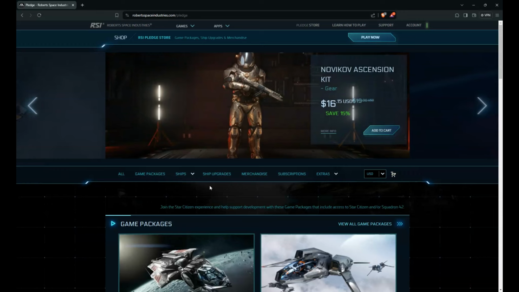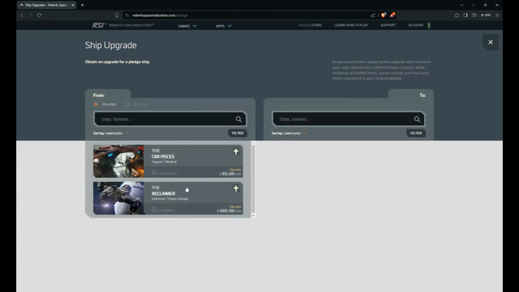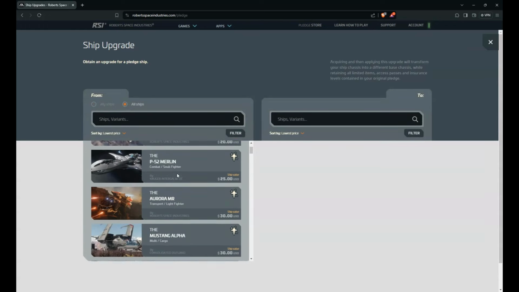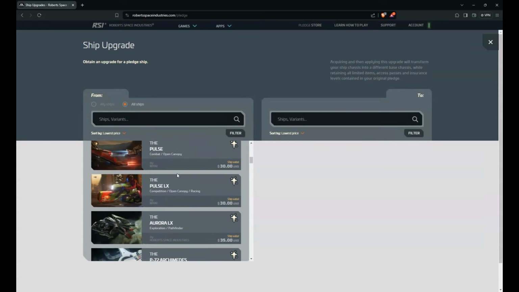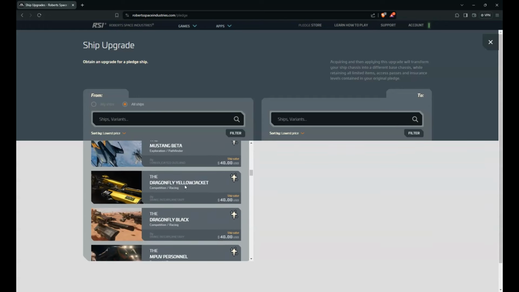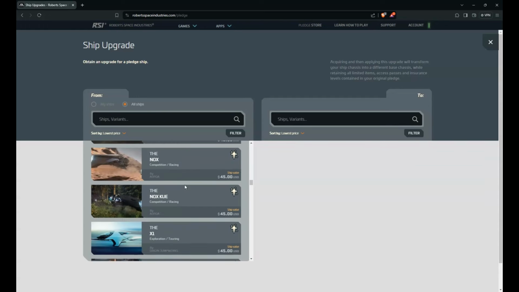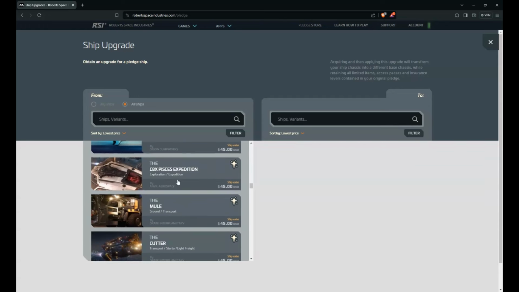All right, another thing I wanted to note on the site is you can click the ship upgrades, and you don't have to pick from your available ships. You can click on just all ships, and then from there you can take a look and see what a certain ship can upgrade to. So, let's say that you picked up, I'm looking for the first starter pack, honestly, that I get to. I've already skipped a couple. Let's say you picked up the